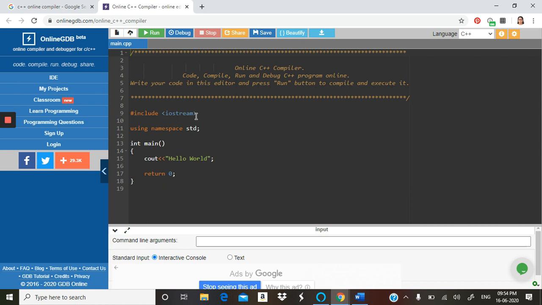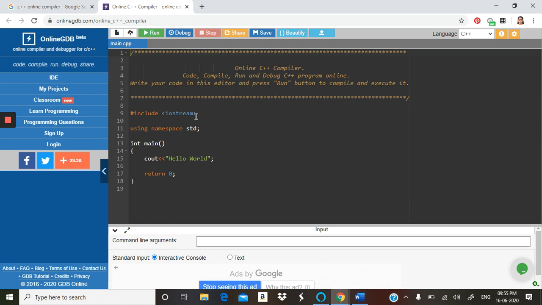Then there is an additional line, using namespace std. In this compiler, all the variable declarations are done in the namespace called std, and we are using that particular namespace. So for the program, we have to write using namespace std. And so the first two lines are now finalized, #include iostream and using namespace std. Then, as we have discussed, we have the main function part. There you will be writing int main and two brackets. Then in the curly brackets, you will be writing return 0.